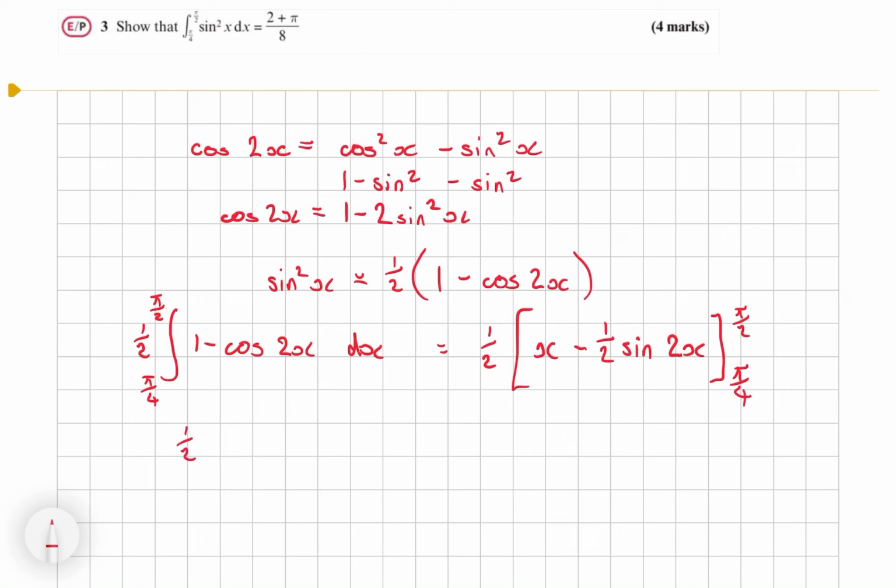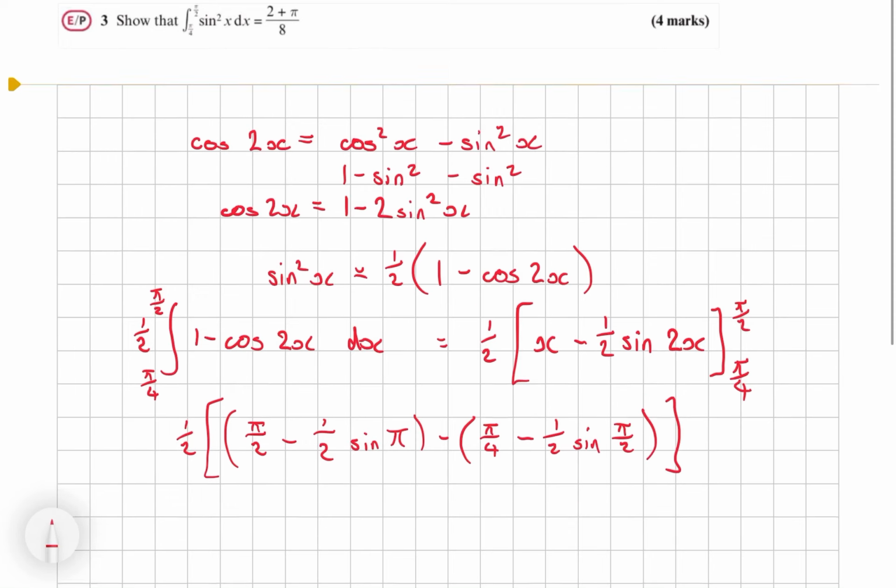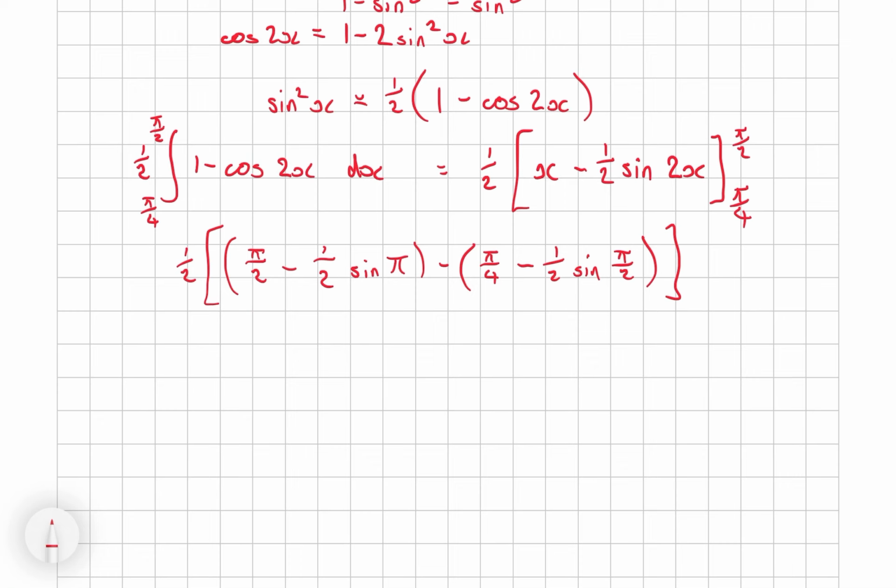So I have a half of, substitute in pi over 2 first, pi over 2 minus a half of sine pi, minus pi over 4 minus a half of sine pi over 2. And that gives me